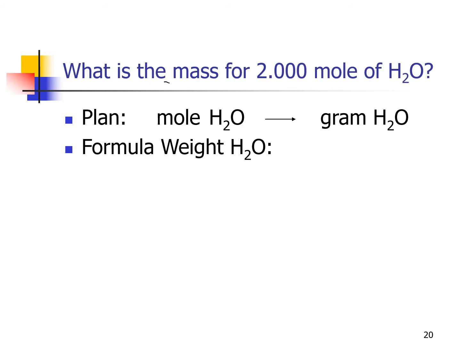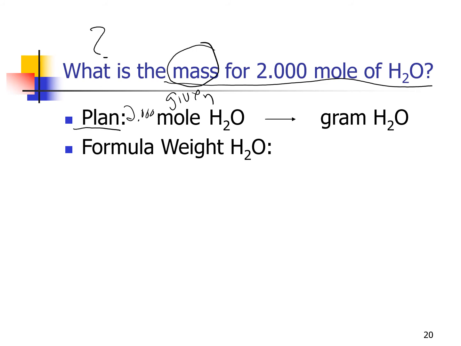What is the mass of 2 moles of water? Let's start by creating our plan or our roadmap by writing down what we're given, which is 2.000 moles of water. What we're trying to find, our question here, is the mass in grams of water. So to go from moles to grams, or if we were given grams and we wanted to go to moles, we could go in the reverse direction. Moles to grams, we use molar mass